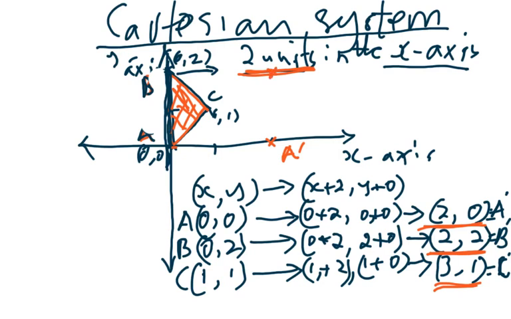So it will be there. That is my B prime. My C prime is 3, so it's 3 units on the x-axis, 1. There. C prime. My new triangle now will be